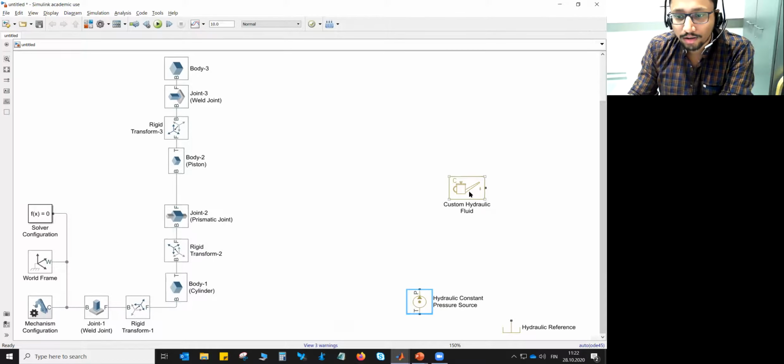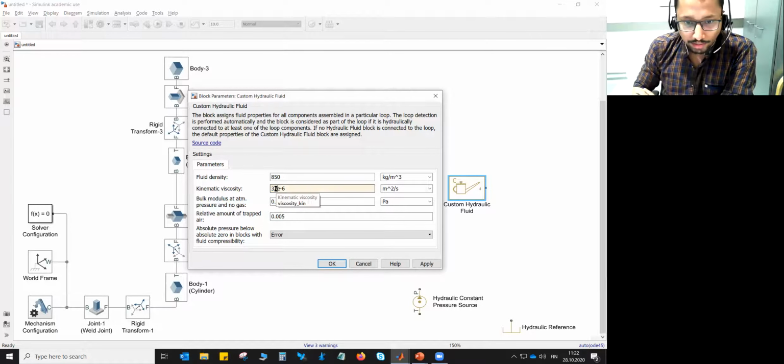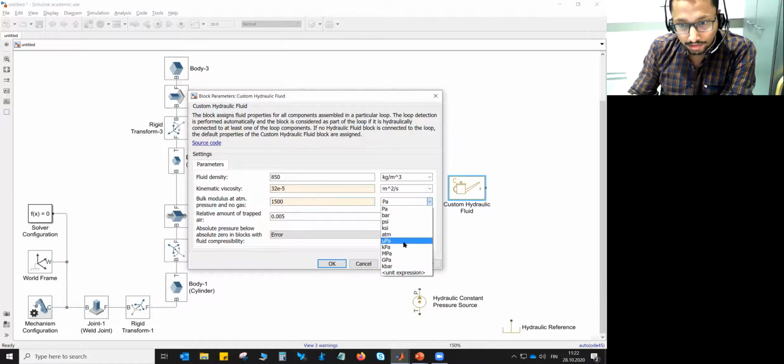Now in the custom hydraulic fluid, double click this. We want the fluid density to be 850 kilogram per meter cube. We will increase the kinematic viscosity to be 32 into 10 to the power minus 5 meter square per second. Bulk modulus, we want it to be 1500 megapascal,